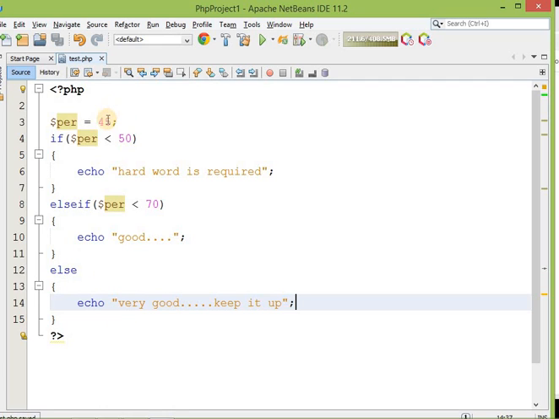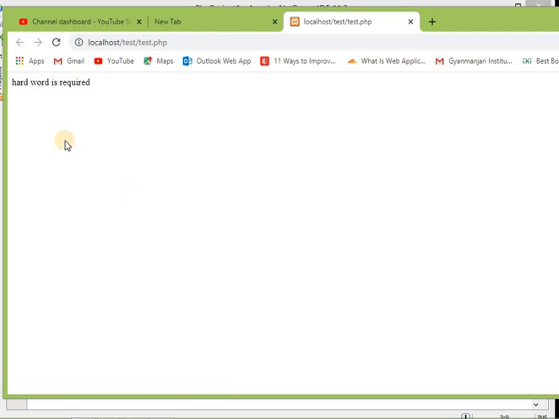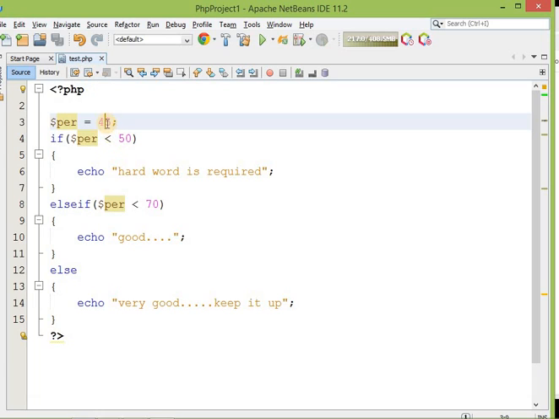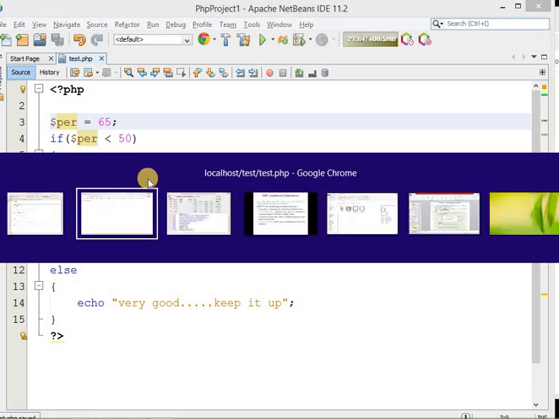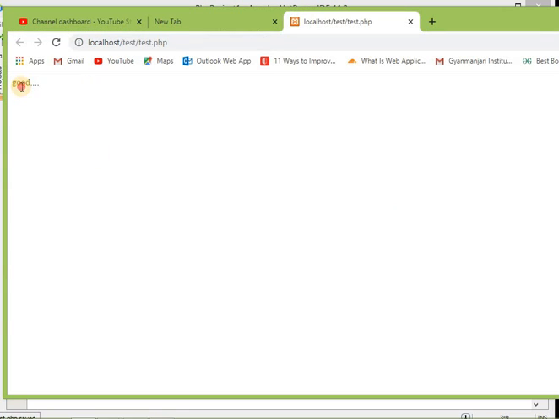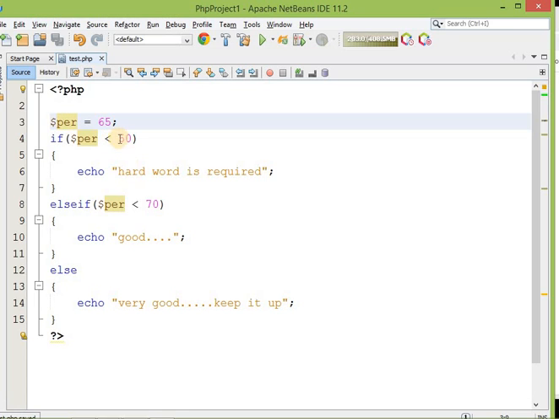Now over here you can see this is 45, which is less than 50. Yes, so this statement will be printed as output: hard work is required. But if I make it, let's say 65, save this, then you can see that it's good, because 65 is less than 70.